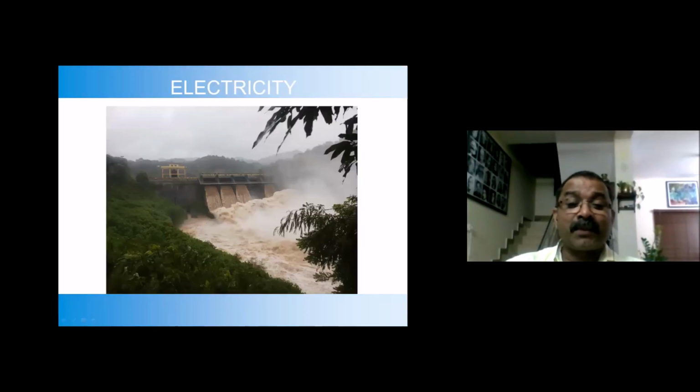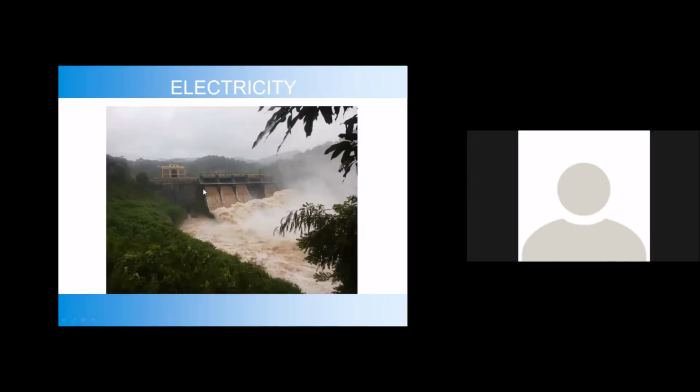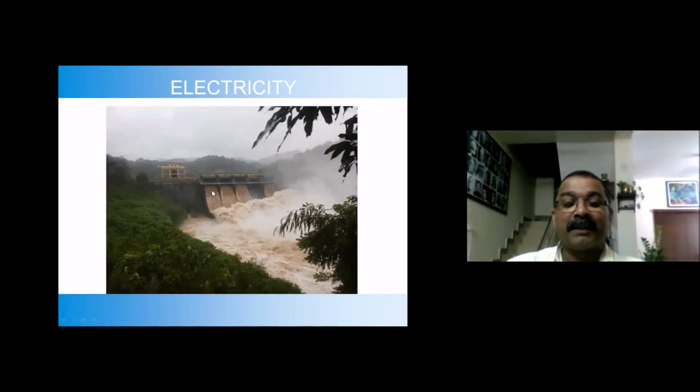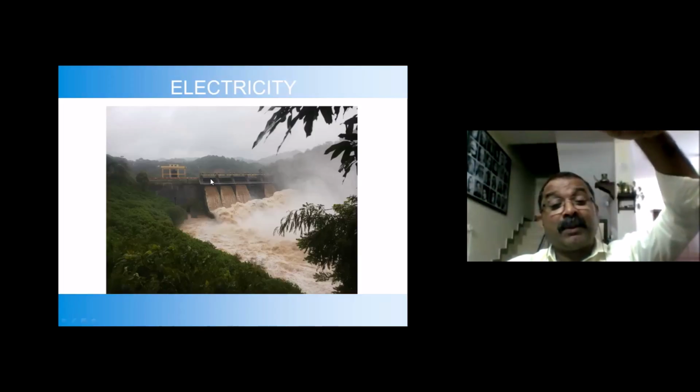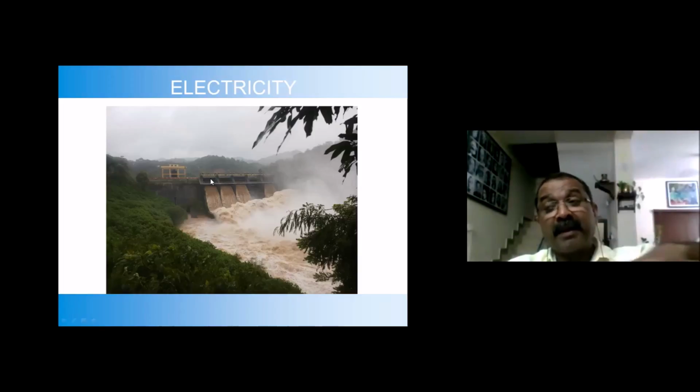This picture was taken 2 years back when there was a deluge. In that case, we actually opened up these sluice valves. When the water in the dam is rising beyond its final reservoir level, we will open up these sluice valves and flow out the extra water.